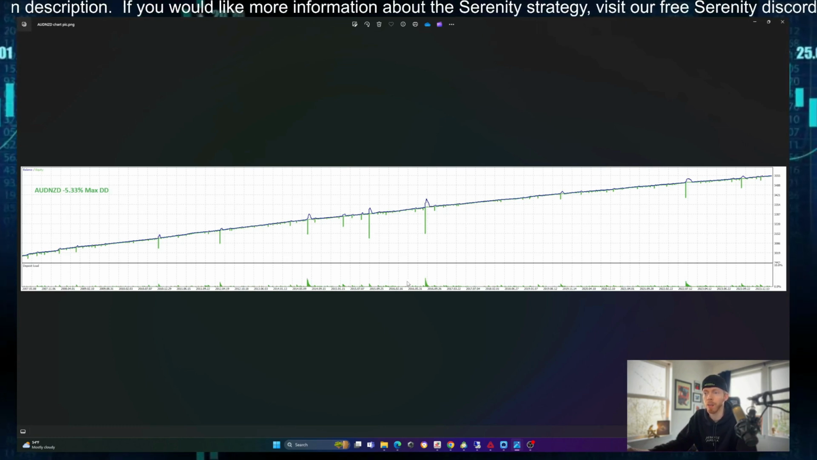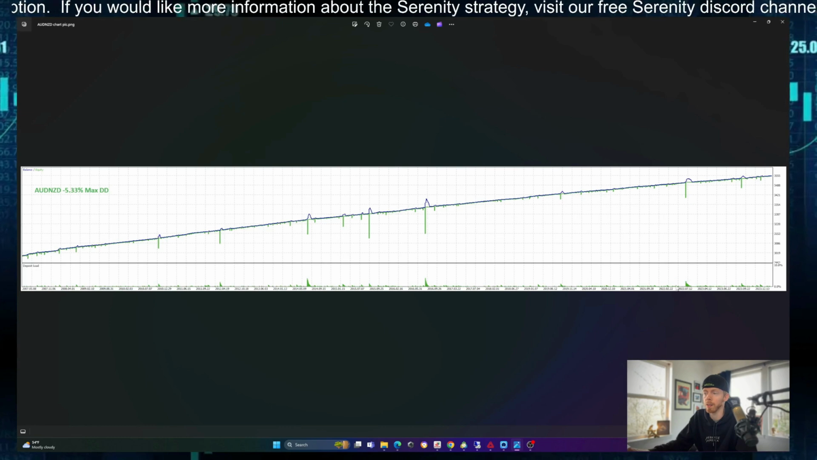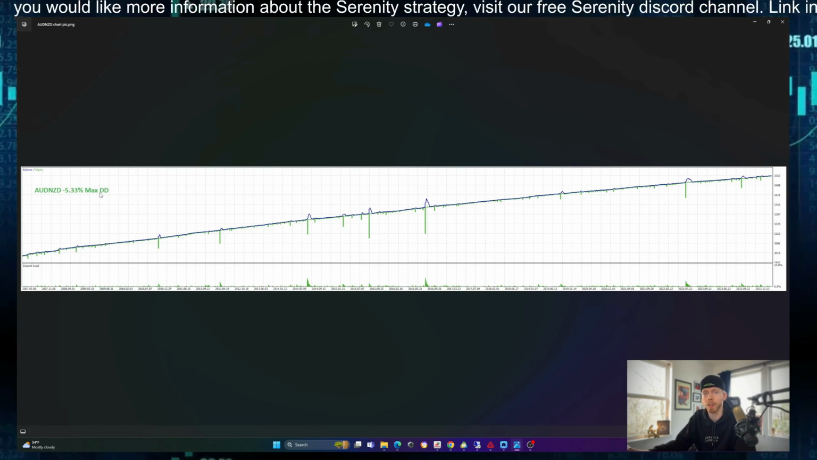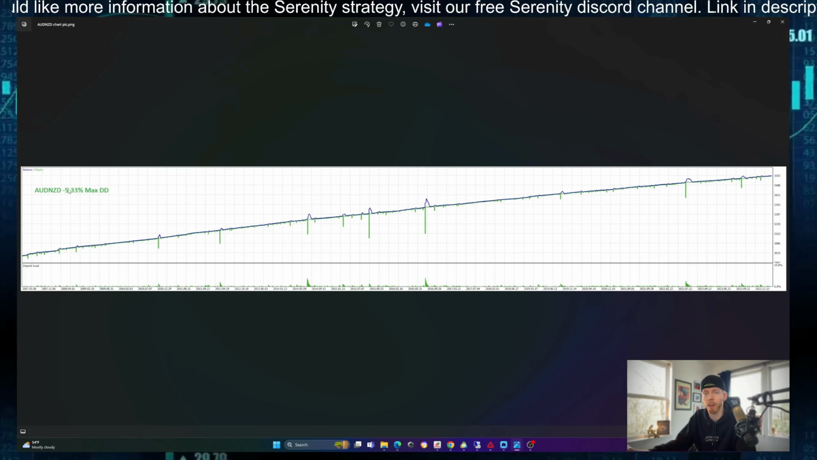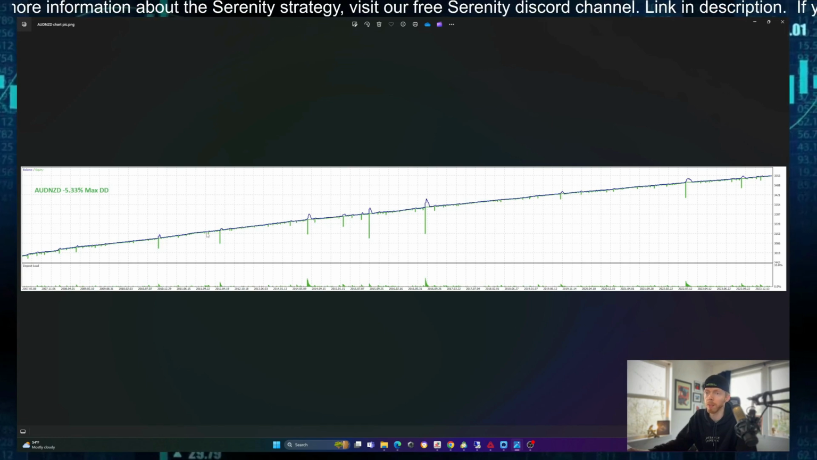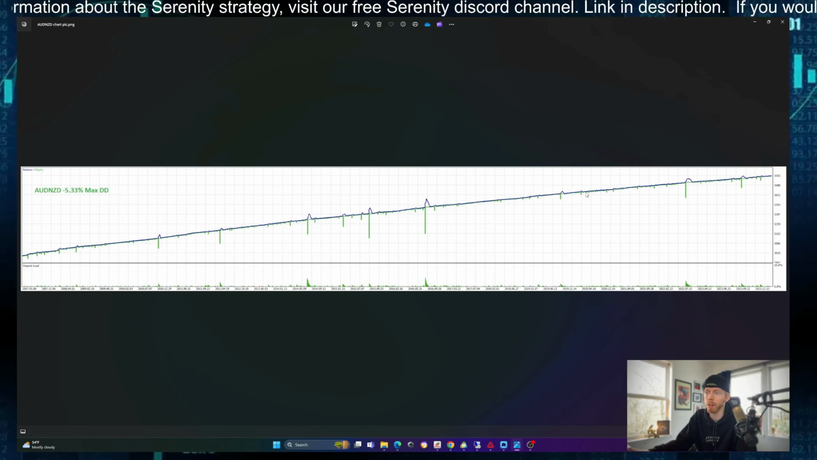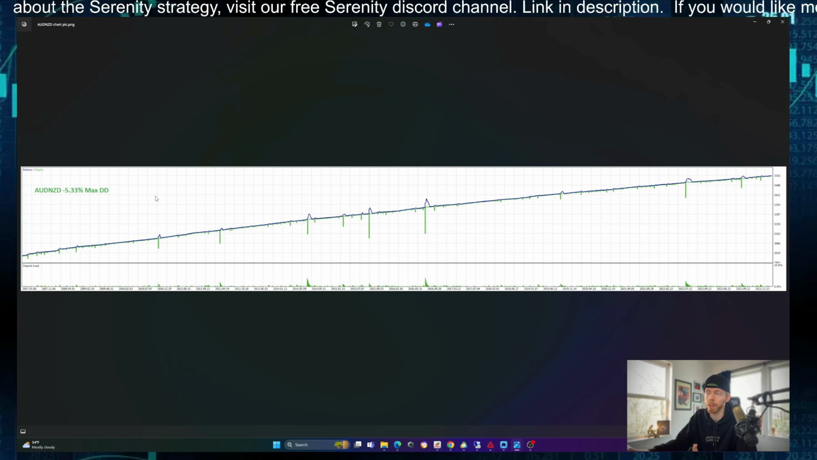You can actually see the trade build up right here on these notches as well. So this is the Aussie NZD. You can see that this is a really good pair. Low drawdown, 5.33%. And you can see that there's not a lot of dips in that, and low drawdown maximum